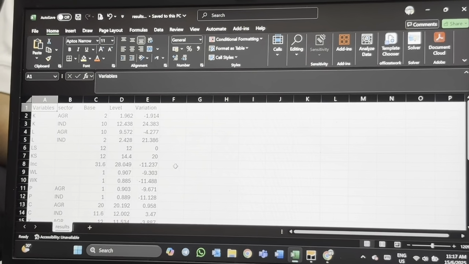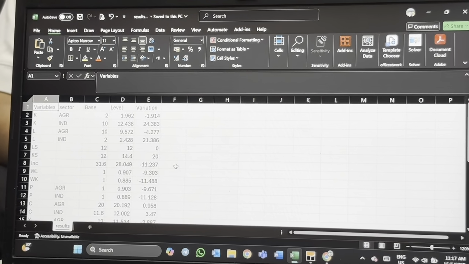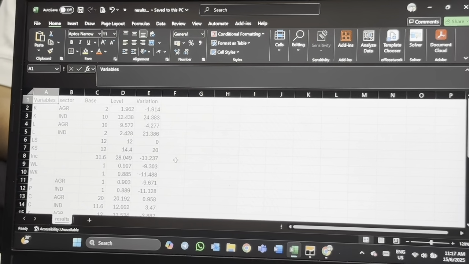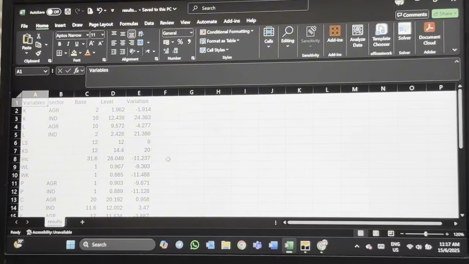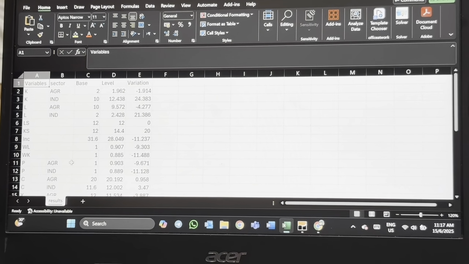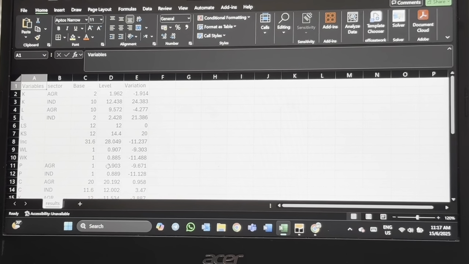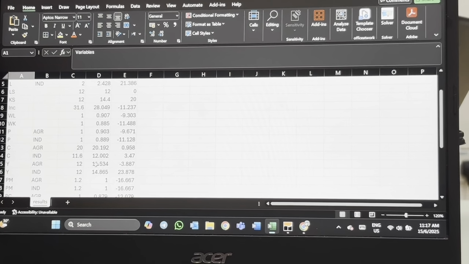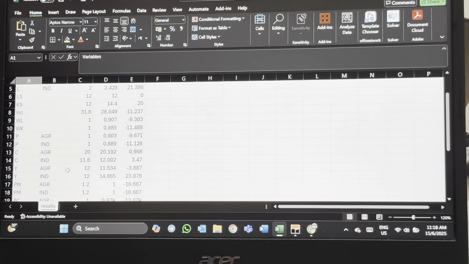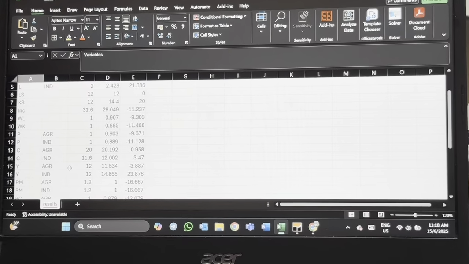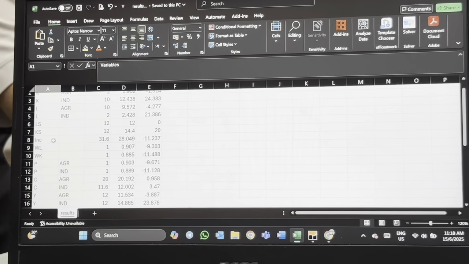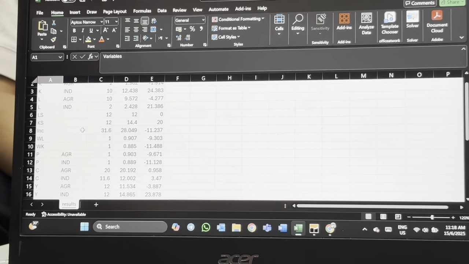The first thing we can see here, our capital demand for industry increased by 24%. However, our capital demand for agriculture decreased by 1.9%, and our WK, our capital price, dropped by 11.5%. Our production for the industry increased by 23%. However, for agriculture, it decreased by 3.8%. As for income, income decreased by 11.2% due to the increase in